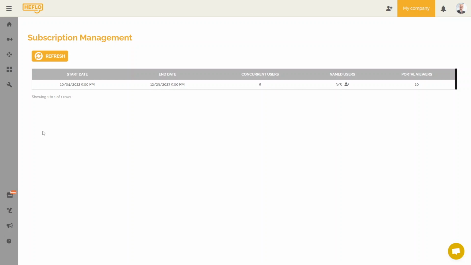The third form of license concerns concurrent users. What is the idea of this type of license? Heflow makes it possible to provide a certain number of available connections for users who share this type of access. To give you an idea, let's say a concurrent type user has just logged into the system. So out of the 5 connections, only 4 are available.